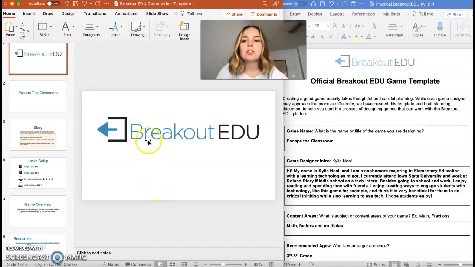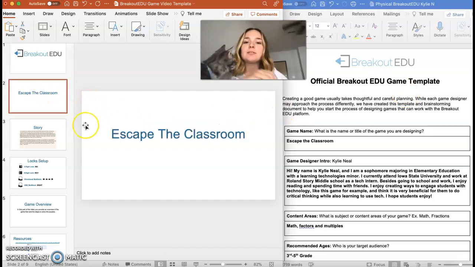So on the left of the screen, I have the slideshow, which is mainly for the teacher's use because it has the answers on it, so you probably don't want to share that with your students. And then, sorry, that's my cat. On the right side, I have my game template. So if you go through the slides,